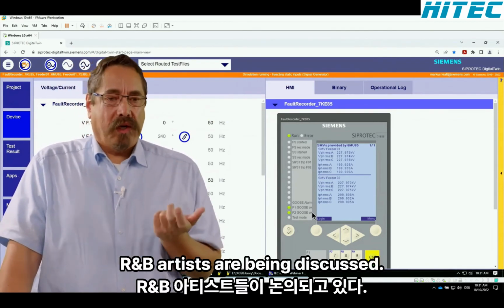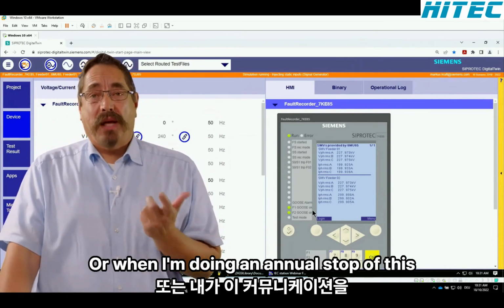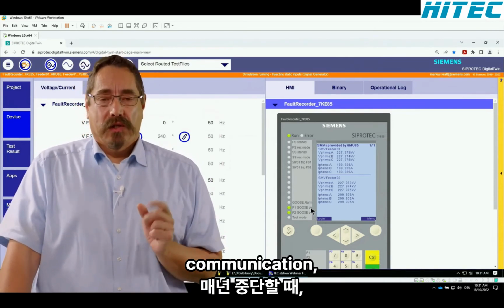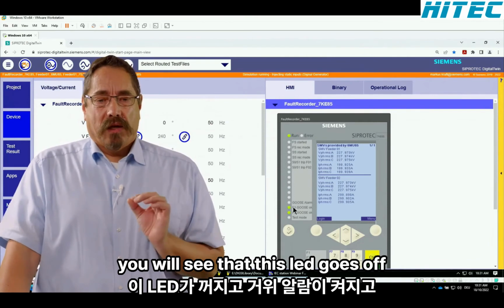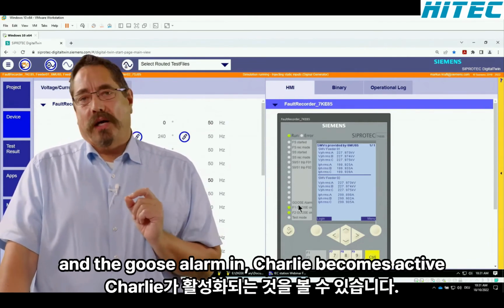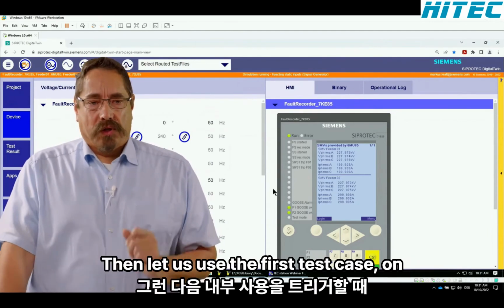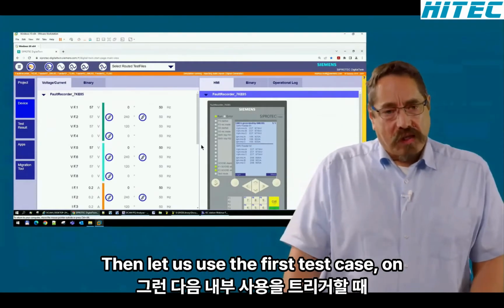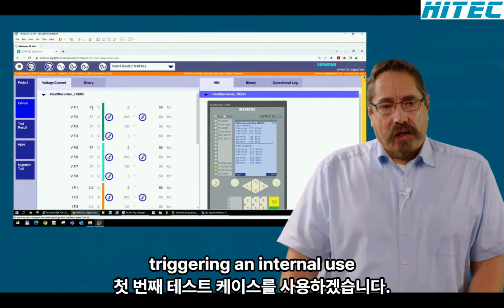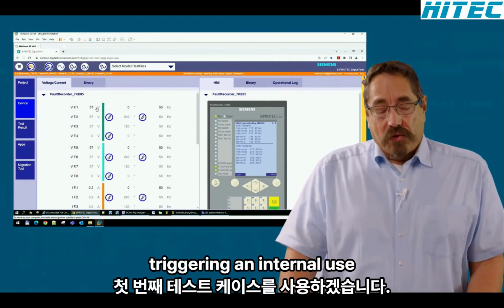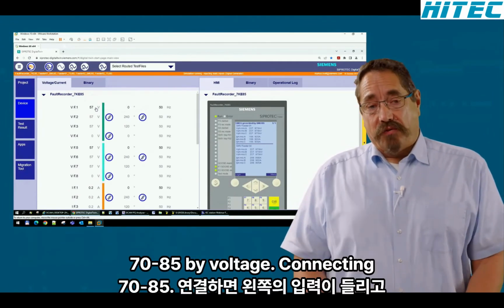When we are disturbing this goose, or when I'm doing a manual stop of this goose communication, you will see that this LED goes off and the goose alarm in general becomes active. Good. Then let us do the first test case on triggering, using the internal trigger of the 7K85